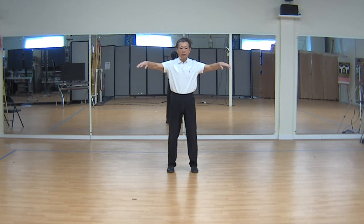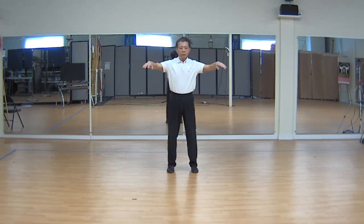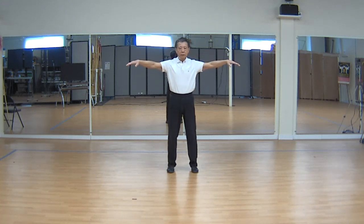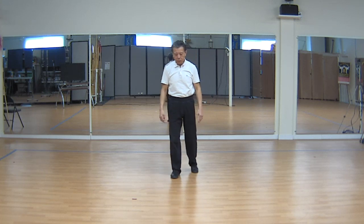All right, deep breathing. Inhale. Exhale. Inhale. Exhale. Okay, now we're going to do a few of the postures, starting with this first one, which is really